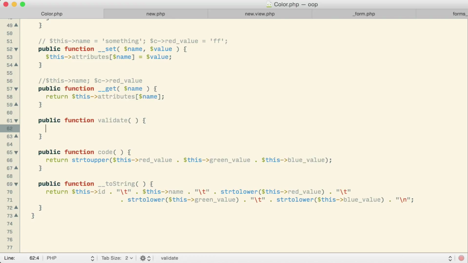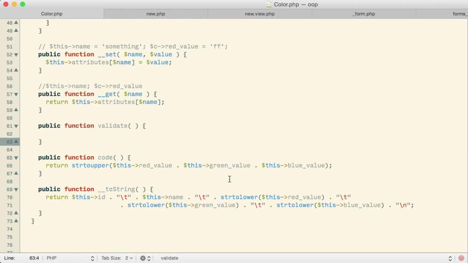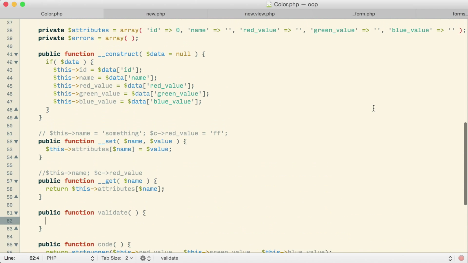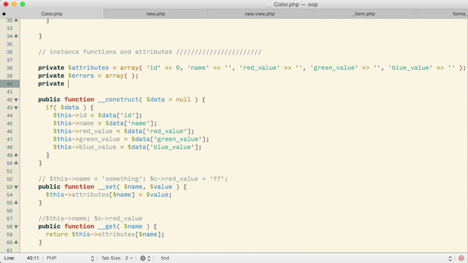When I call the validate function, I'd want the validate function to go through and decide whether the object is valid or not. The way we were doing that before was with regular expressions, passing them over to a separate standalone function on its own. I want to do pretty much the same thing here, except inside the object itself. Where is the object, though, going to get access to those regular expressions? Well, I'm thinking maybe what I will do is, inside the class itself, I'm going to say that every object has a private data member.